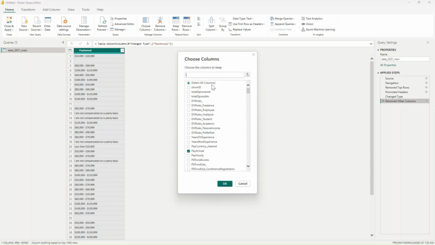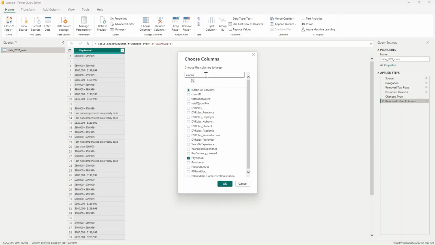So the next column that we need is employee role. So role as employee. Then we need years DV experience. Next is org size. Then comes education level.